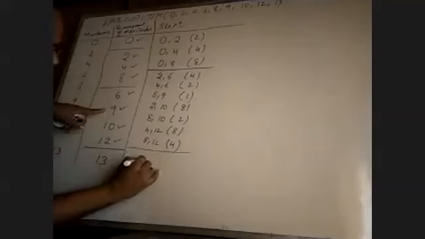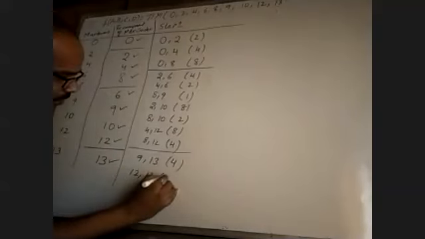Next, we are comparing the third group with the fourth group. 13 minus 6 is 7, not valid. 13 minus 9 is 4. That is 9, 13. The difference is 4. It is valid. Therefore, 13 is covered. Similarly, 13 minus 10 is not valid. 13 minus 12 is valid. That is 12, 13. The difference is 1. Observe now, in the first step all the index numbers are covered.